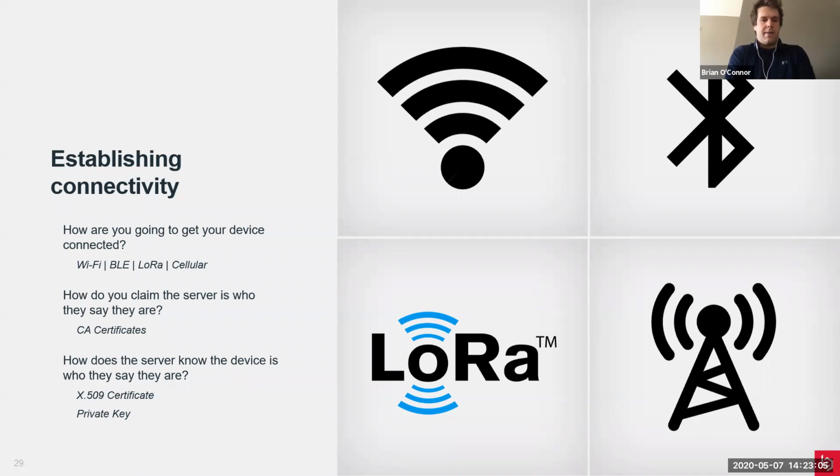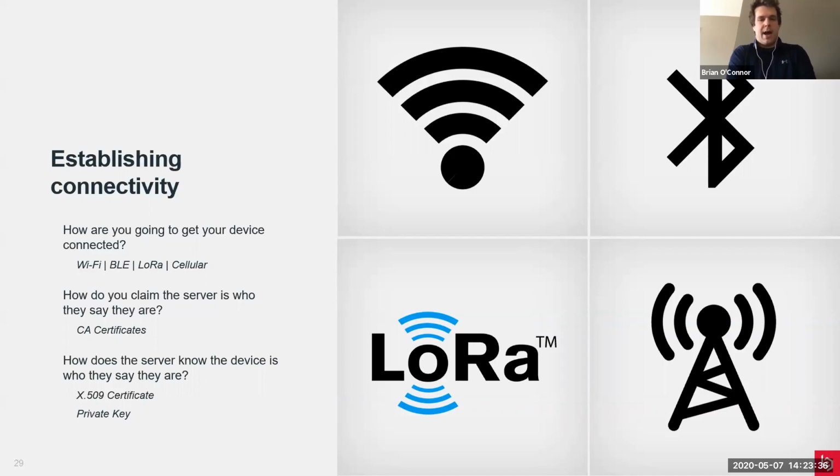If you look at the device from the device's perspective, how are you verifying that the services and the server that you're communicating with are indeed the correct server? And so how are we avoiding the man-in-the-middle attack? How are we avoiding some of the other security implications that come with connected devices? And then lastly, if you look at the server, how do you verify that the device that is connecting is indeed a true device that you're expecting, and it's not a malicious device that's trying to connect